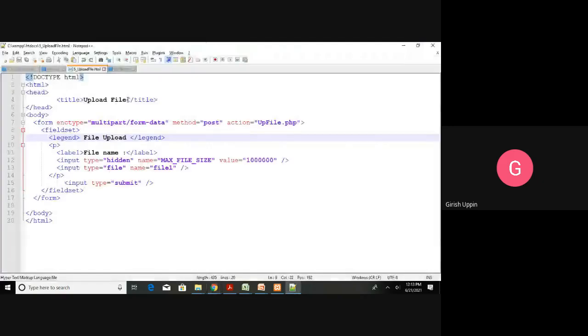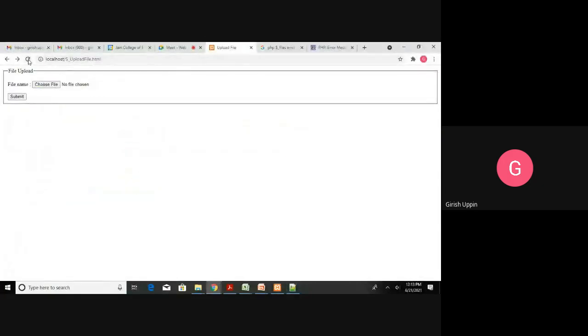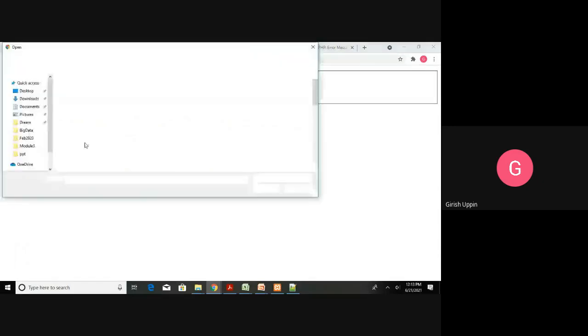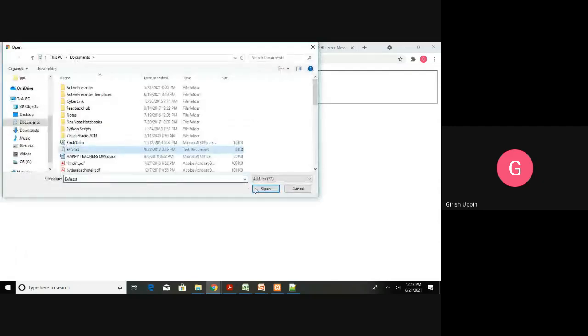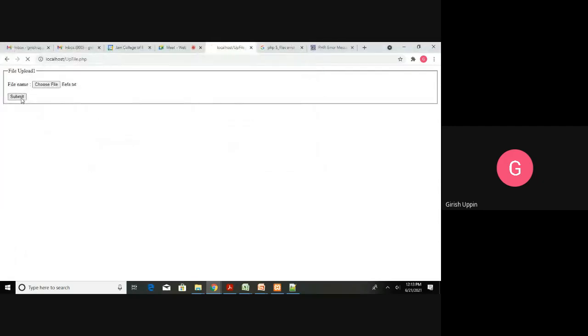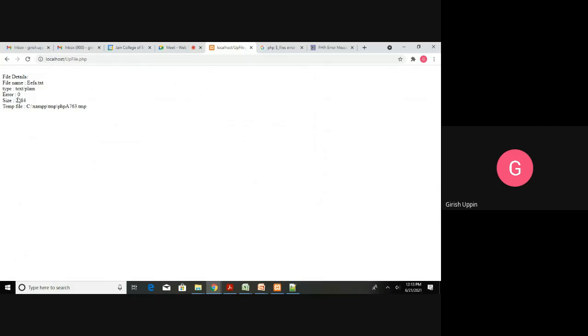Make sure that it is getting the updated file. This looks like the updated file. So you can see now that the error has gone, because we increased the size. Now error is 0, meaning the upload is okay.